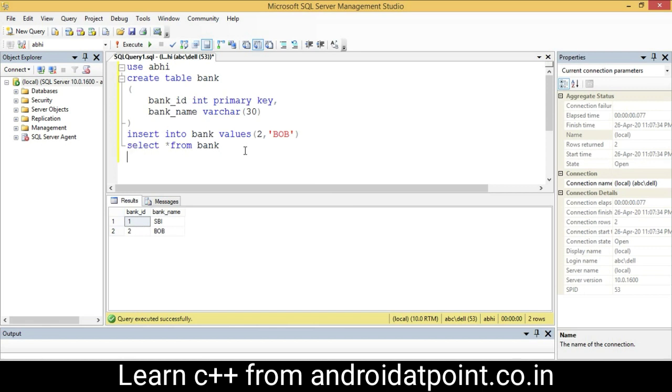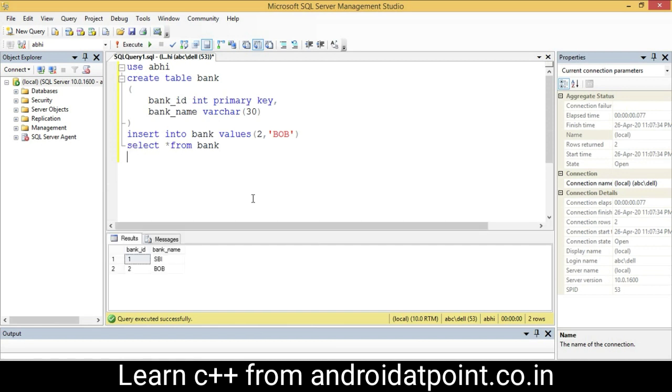And next I will create a customer table for creating the foreign key relationship.